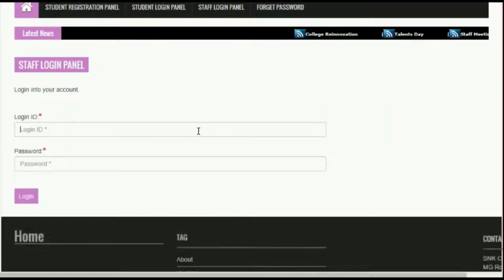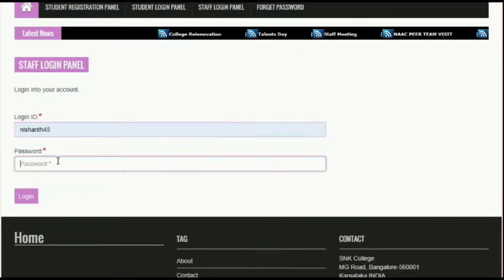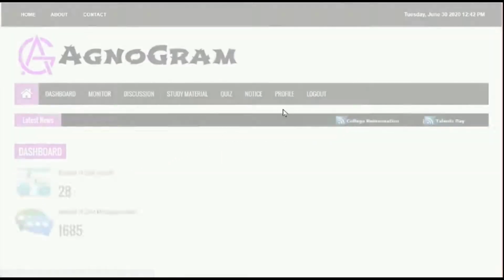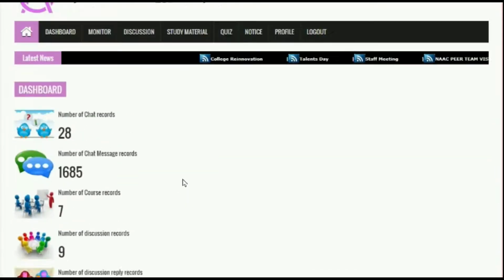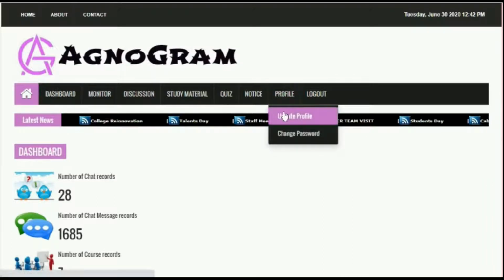Now let us see the staff login panel. Staff can log in by entering the login ID and password. As the staff logs in, a dashboard is available which contains the number of records present in the database.